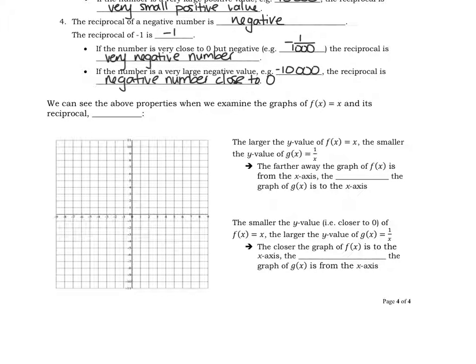So if we examine the graph of f of x equals x and the reciprocal, which would be 1 over x, you might be able to see these properties a little bit more clearly. So if you think about the graph of y equals x, that's just a line with a slope of 1 passing through the origin. So if we have these as our points, and we draw our line through these points,